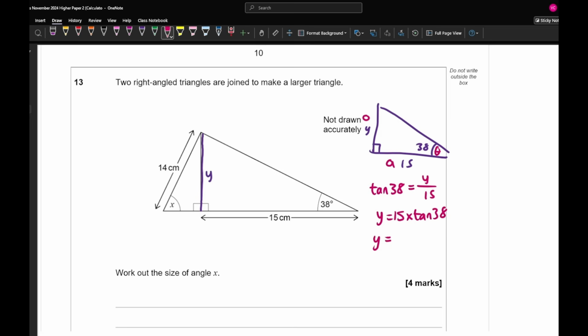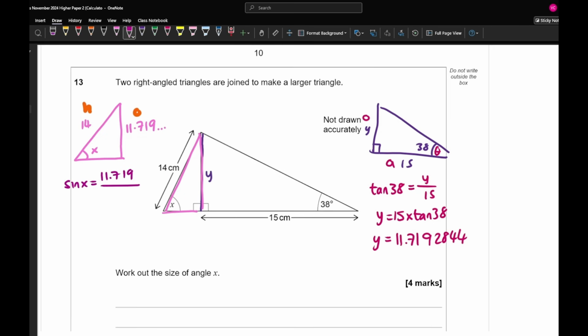which if I type into my calculator gives me an answer of 11.7192844. Now once I know that value, if I take out this triangle here, which involves x, I now know what two sides are. I know that this is 14, this is 11.719, and so on. Labelling the triangle, this is H, this is O, and I then need to work out which trig ratio uses O and H. Well, that's going to be sine. So I've got sine x equals